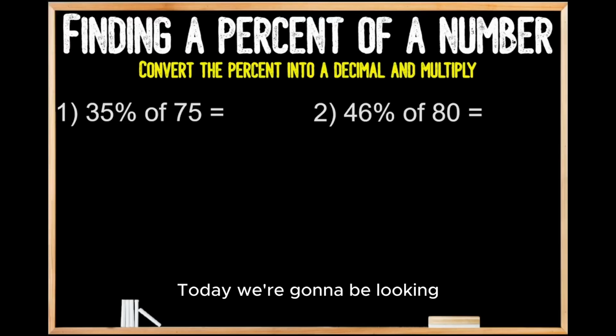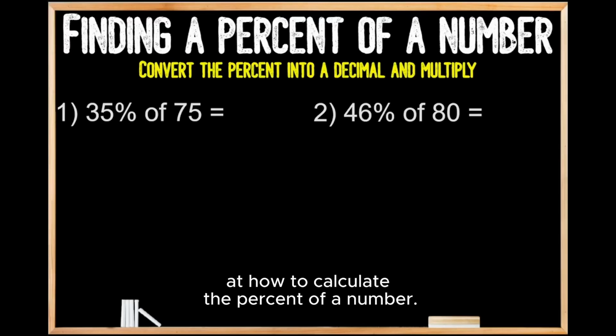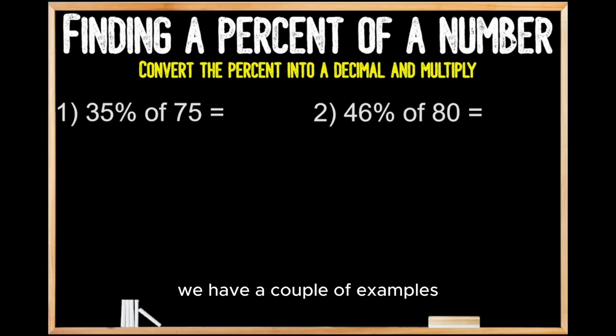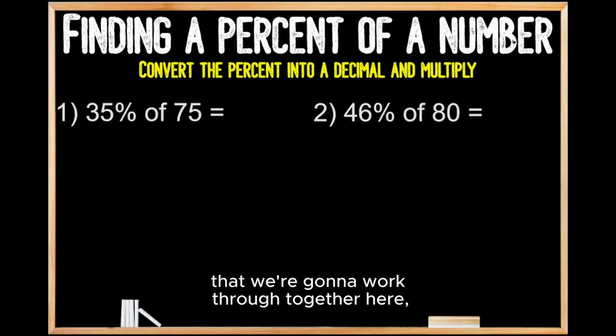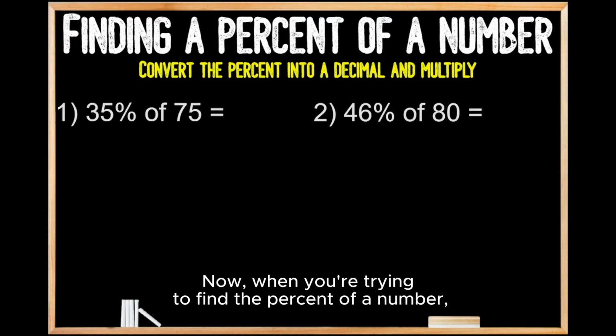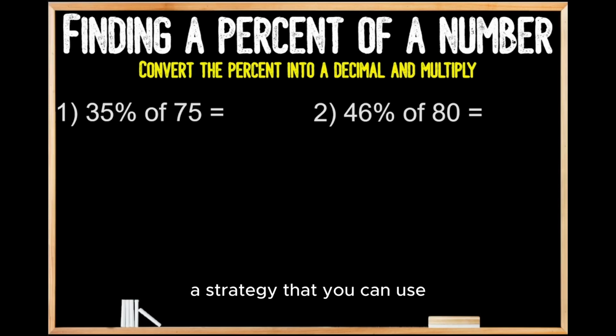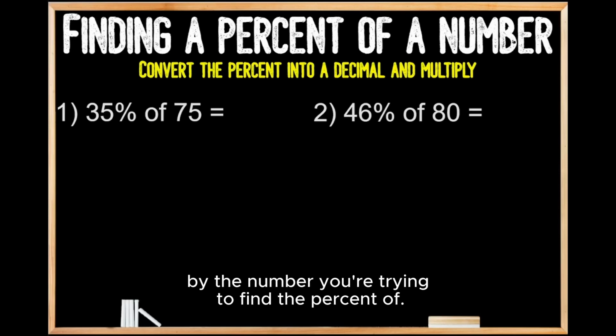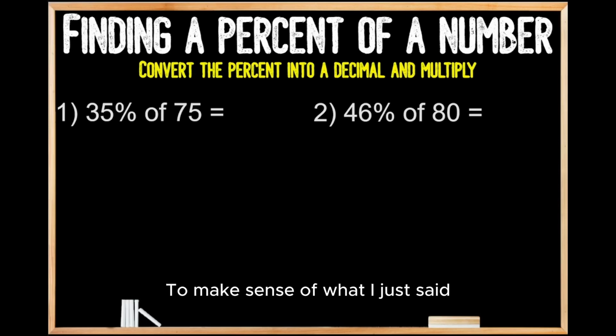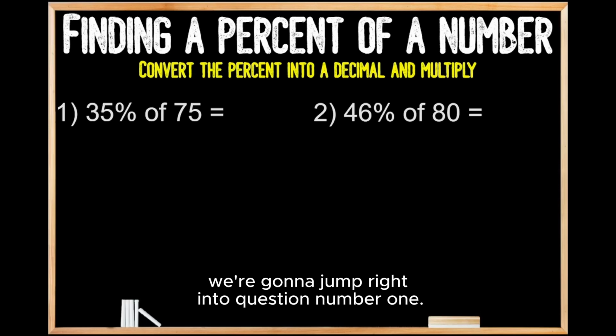Today we're going to be looking at how to calculate the percent of a number. As we can see, we have a couple of examples that we're going to work through together here, so let's get started. Now, when you're trying to find the percent of a number, a strategy that you can use is to convert that percent into a decimal and then multiply that decimal by the number you're trying to find the percent of. To make sense of what I just said, we're going to jump right into question number 1,